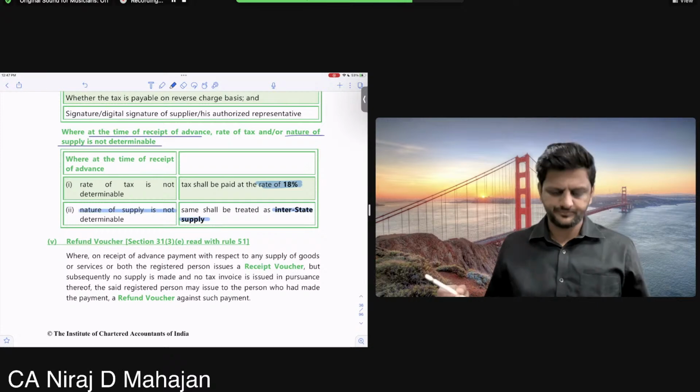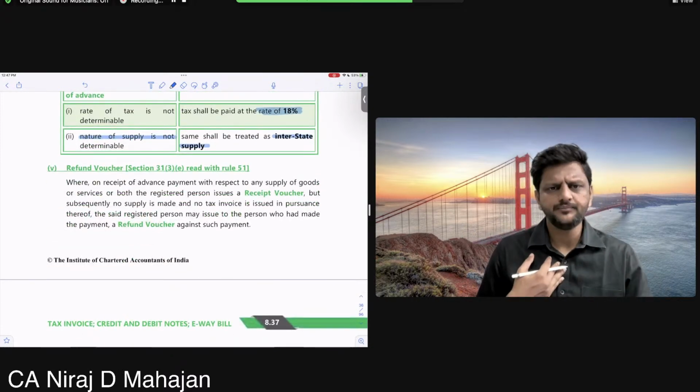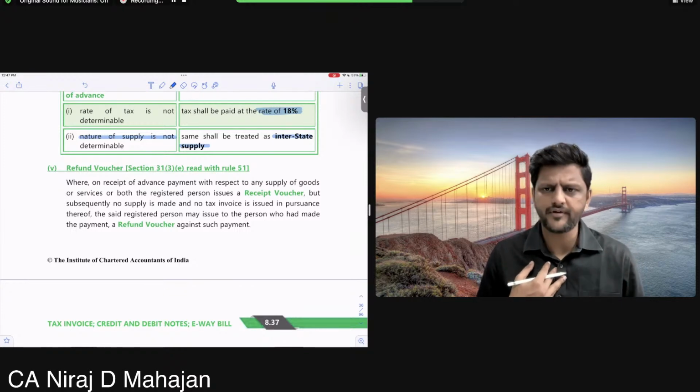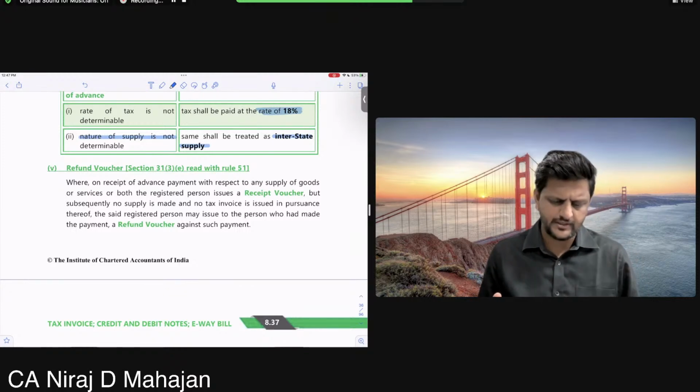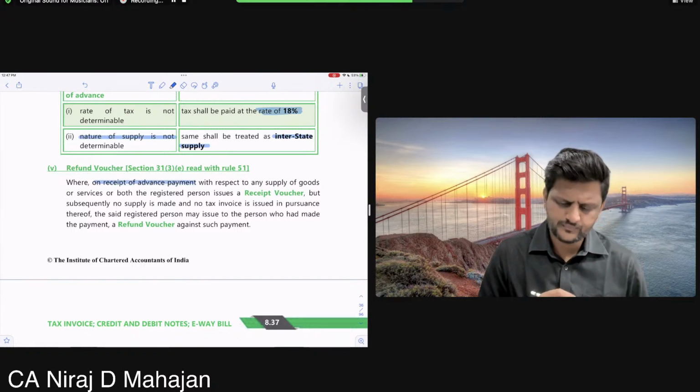Finally, all of you. Then the refund voucher, same thing. When you receive money, then you have given a receipt voucher. Refund, check. Where on receipt of advance payment, important, in respect of goods, any goods or services or both,